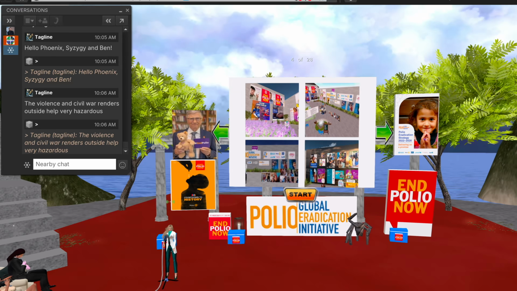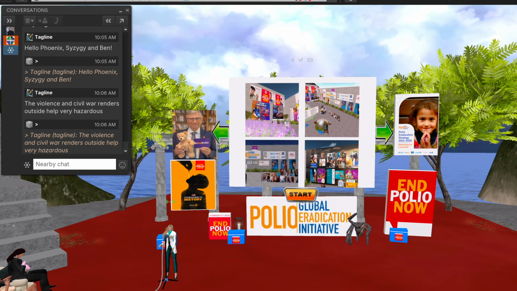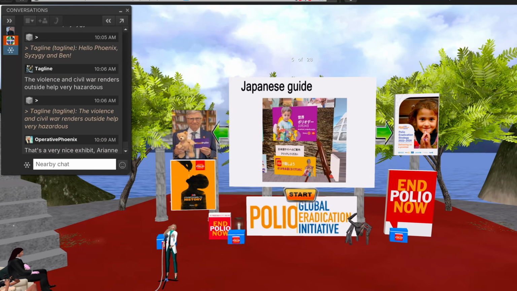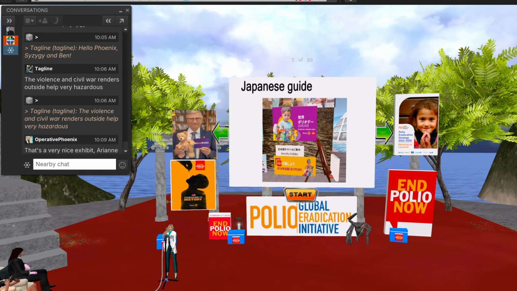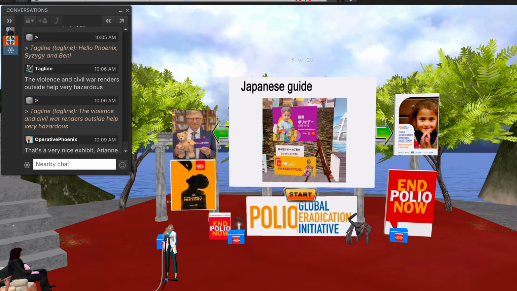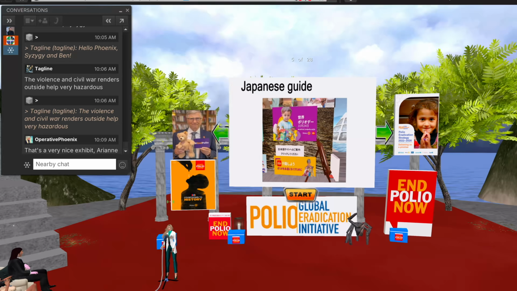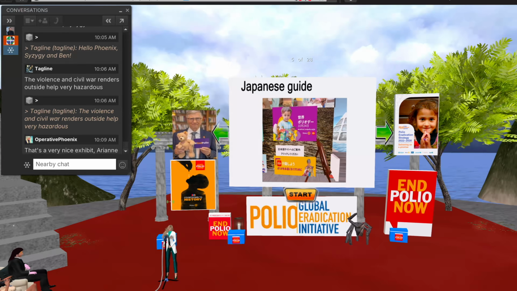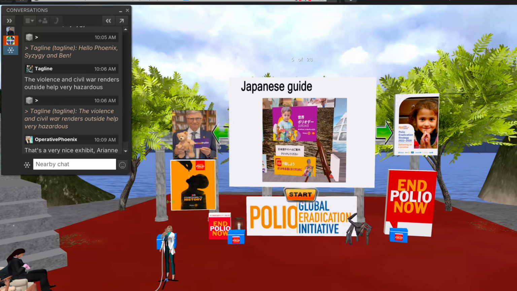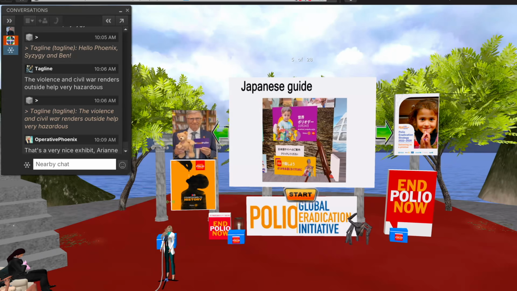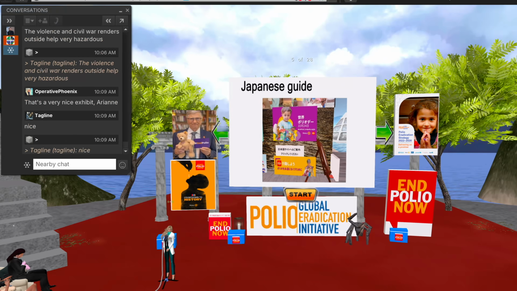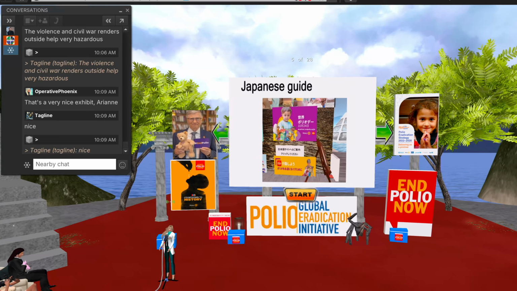I also installed a visitor counter, so I hope all of you will take the opportunity to stop by and explore the exhibition. I'm originally from Japan, and the exhibition site in Second Life is located near several Japanese-speaking communities. Because many Japanese participants are not fully comfortable with English, I have also installed a Japanese language guide. When visitors click on the posters, they are directed to authoritative Japanese sources, including the Ministry of Health and the National Institute of Infectious Diseases.